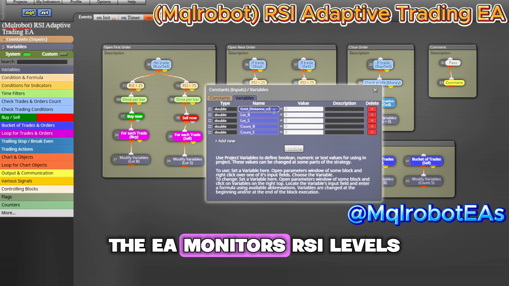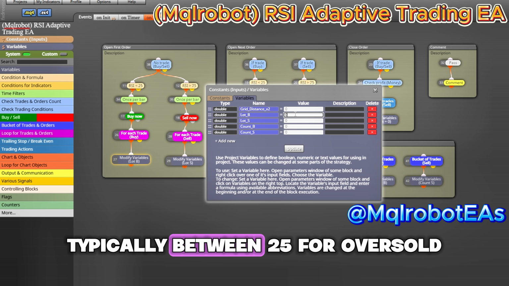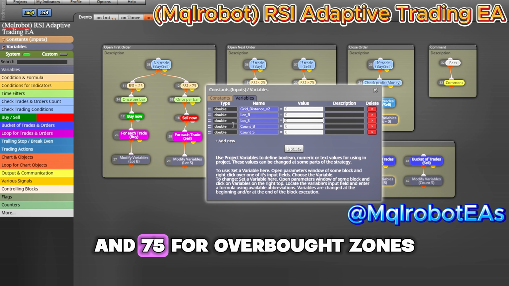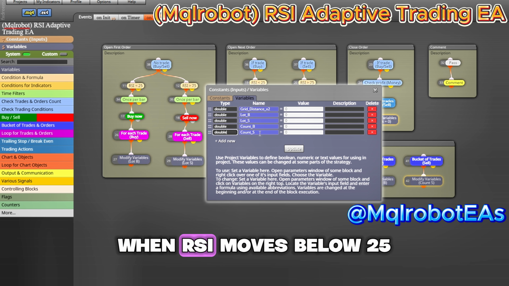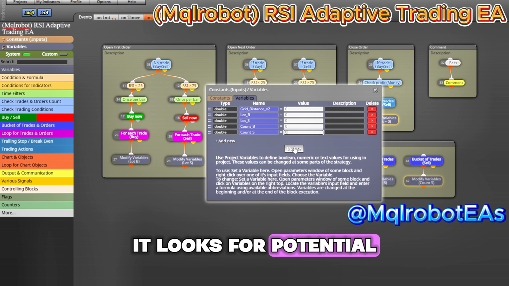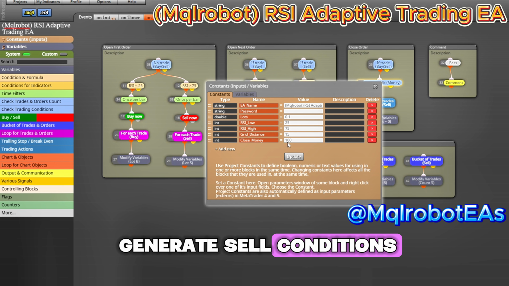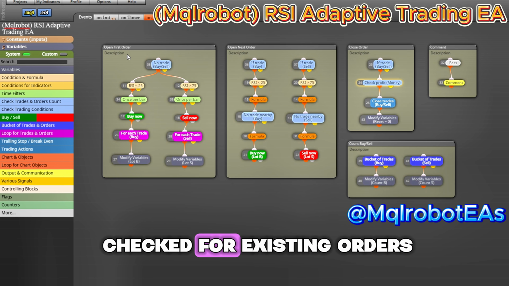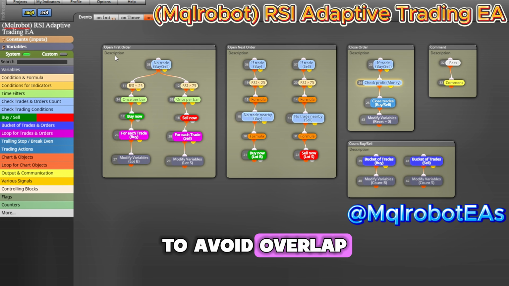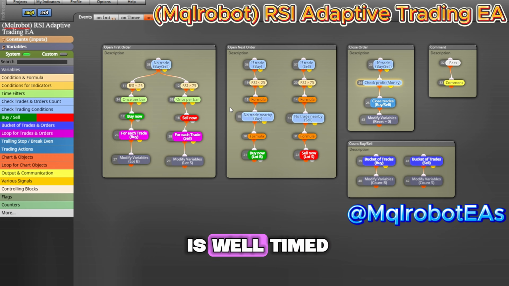The EA monitors RSI levels, typically between 25 for oversold and 75 for overbought zones. When RSI moves below 25, it looks for potential buy signals, while values above 75 generate sell conditions. Each trade execution is checked for existing orders to avoid overlap, ensuring that every entry is well-timed and within the